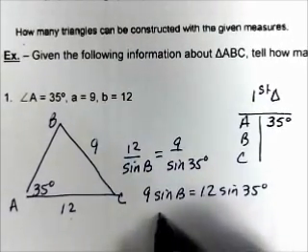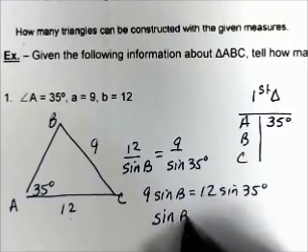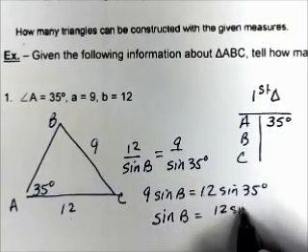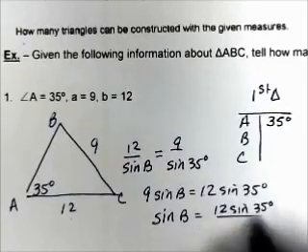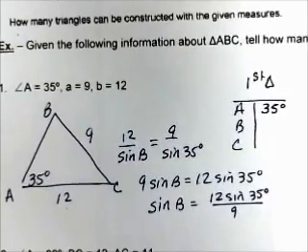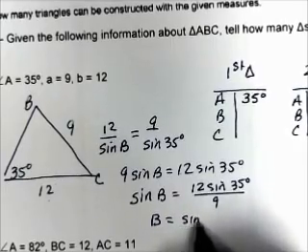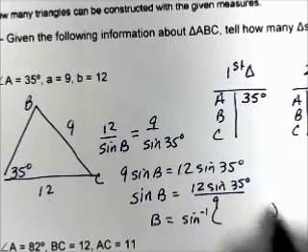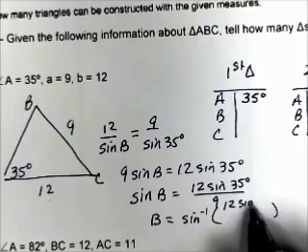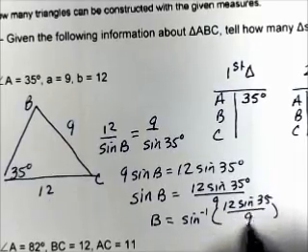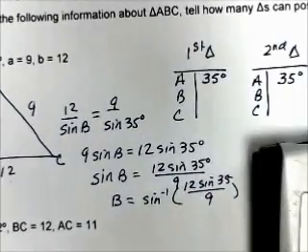Divide by 9. The sine of B is equal to 12 sine 35 divided by 9. Now we're finding angle measure, so B is going to equal the sine inverse of our fraction, 12 sine 35 divided by 9. So we go to the calculator,